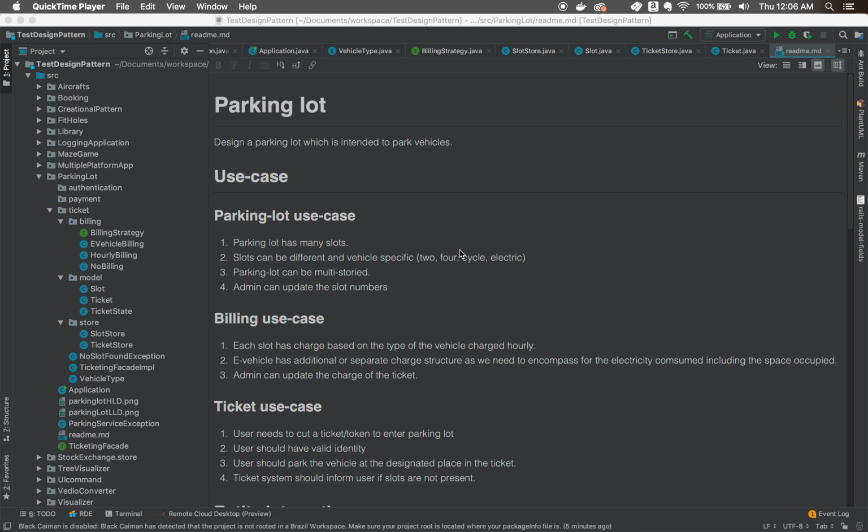So today we will discuss the parking lot problem, and it's a very common design question. Here we will try to understand how we should approach such design questions and what is the expectation when we solve such questions. I will show you the caveats which are expected.